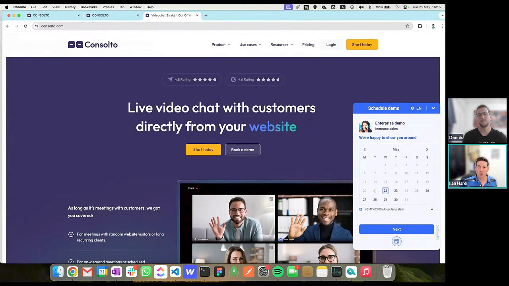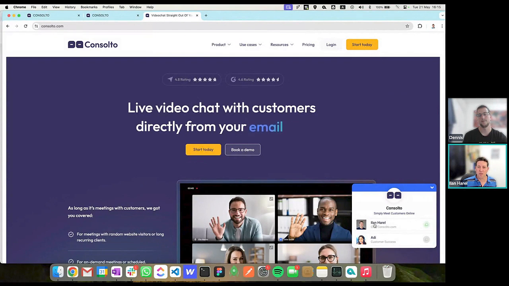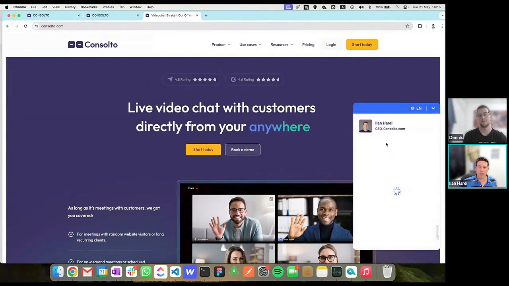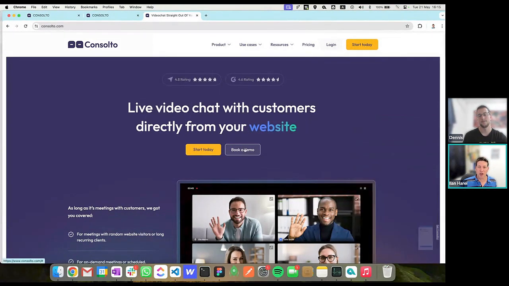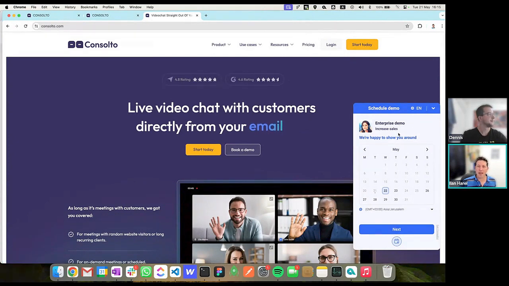And look, it opened with our enterprise demo as the agent. If I close it, okay, I can select someone else, but in general, I can open this widget on a specific communication channel with buttons on my website.